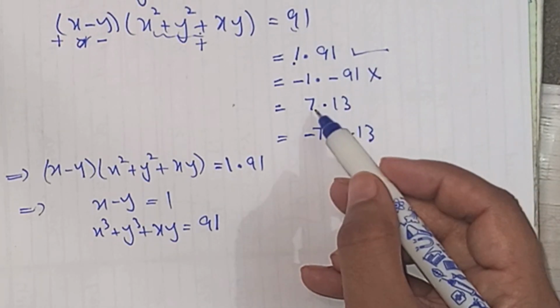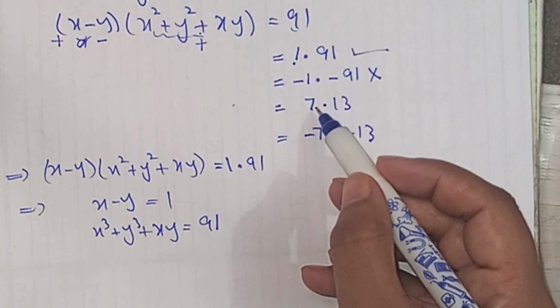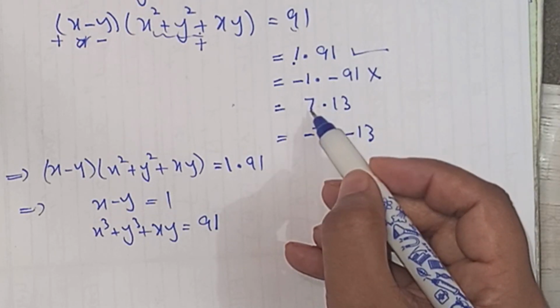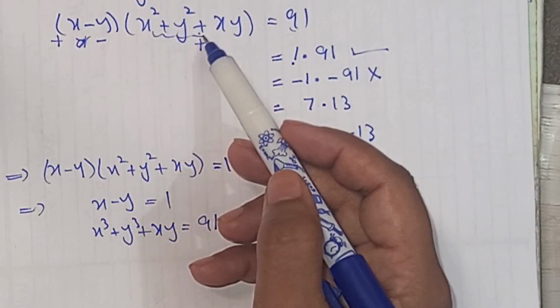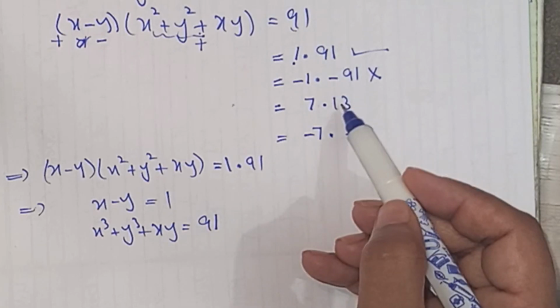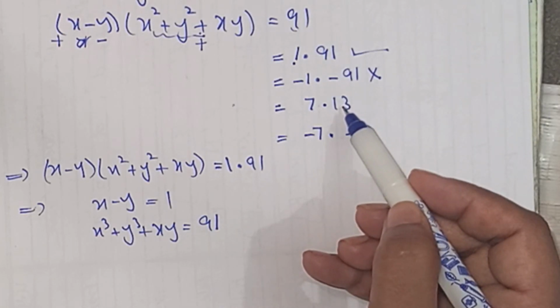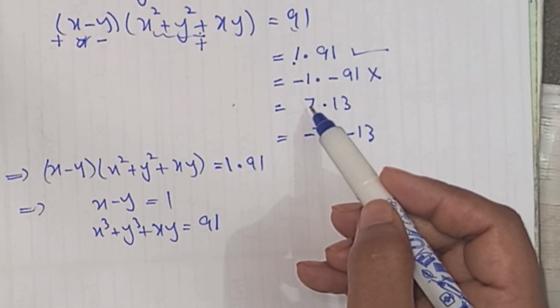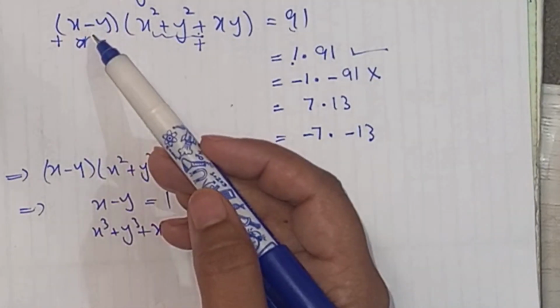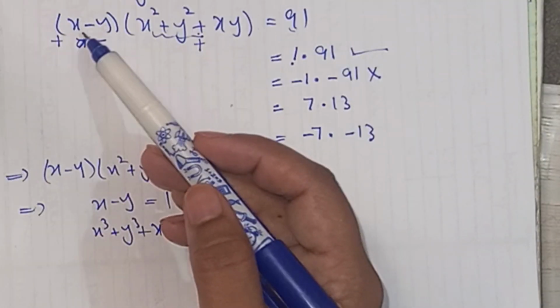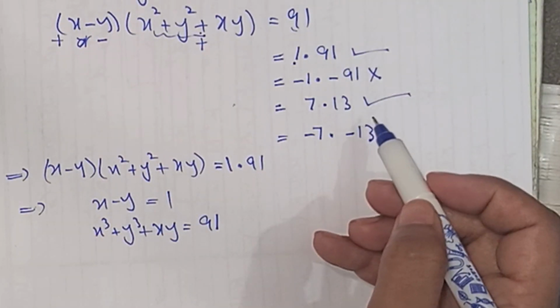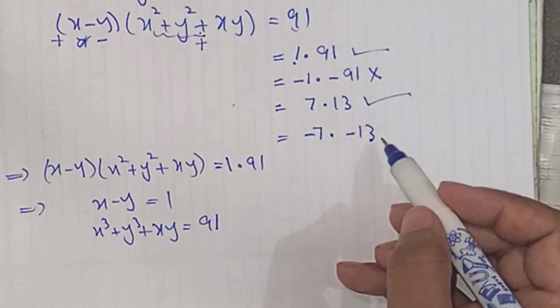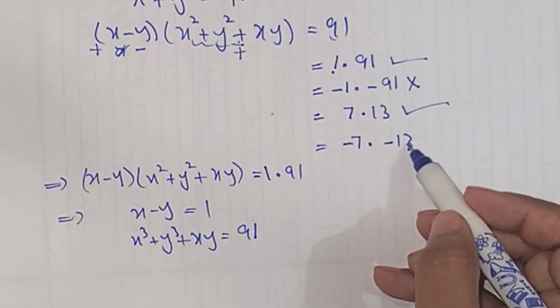So now look at this third factor. This implies x minus y is equal to 7, and x square plus y square plus product of xy is equal to 13. 13 is a positive number and the first number is just 7. In this case we have already discussed that it might be a positive or negative number. So we use this factor.